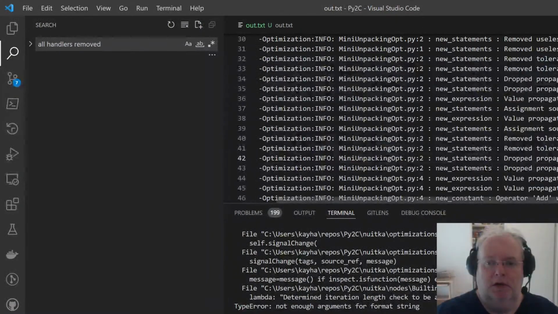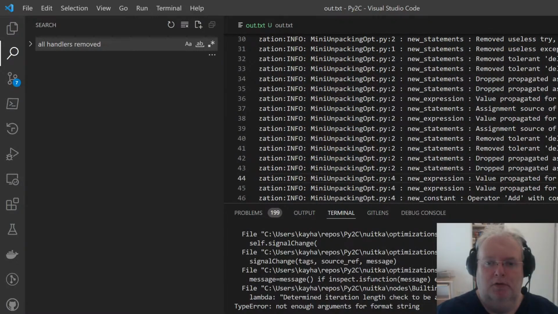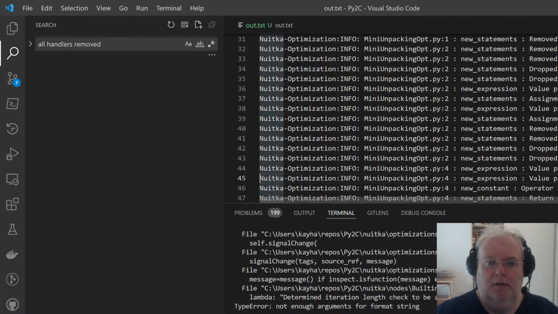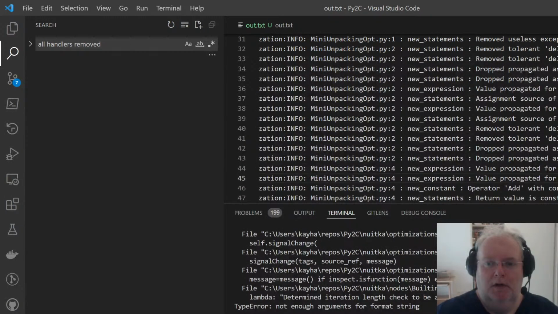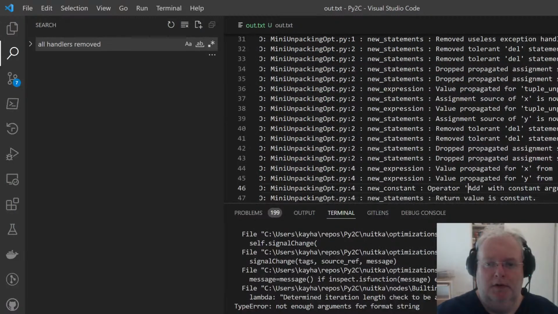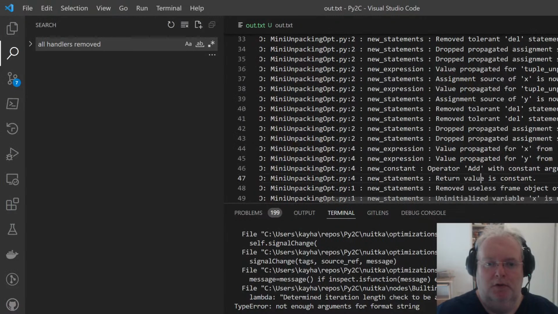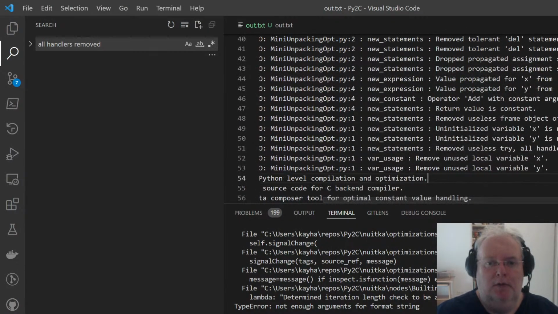The assignment for X and Y get propagated into the return statement on line 4. And add with constant argument, predicted constant, the return value is constant. A frame object is no more needed because no exception can occur. No frame will be had. X and Y are no more released, last try handler, and so on. And the local variables do cease to exist.